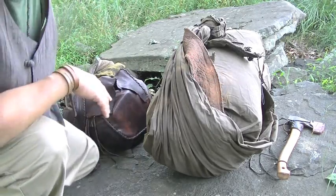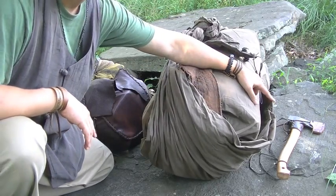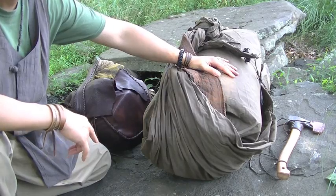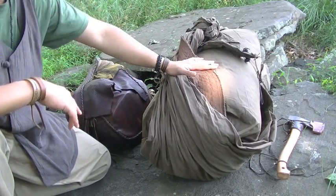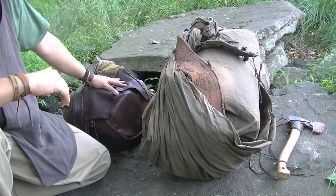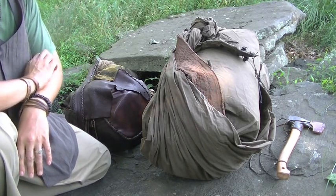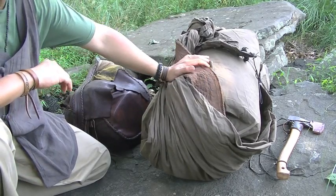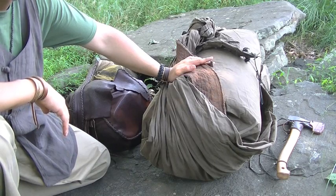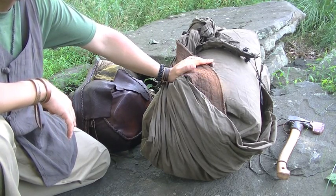Alright, so this is my haversack, my sleep system, and my small forest axe. I used to have these two items all up in my large 80-liter bag, and I would clip this onto the top. But I ended up changing that. I ended up going for this system, not only because, if you look at the writings, I think Kenneth Cram did a video on Civil War